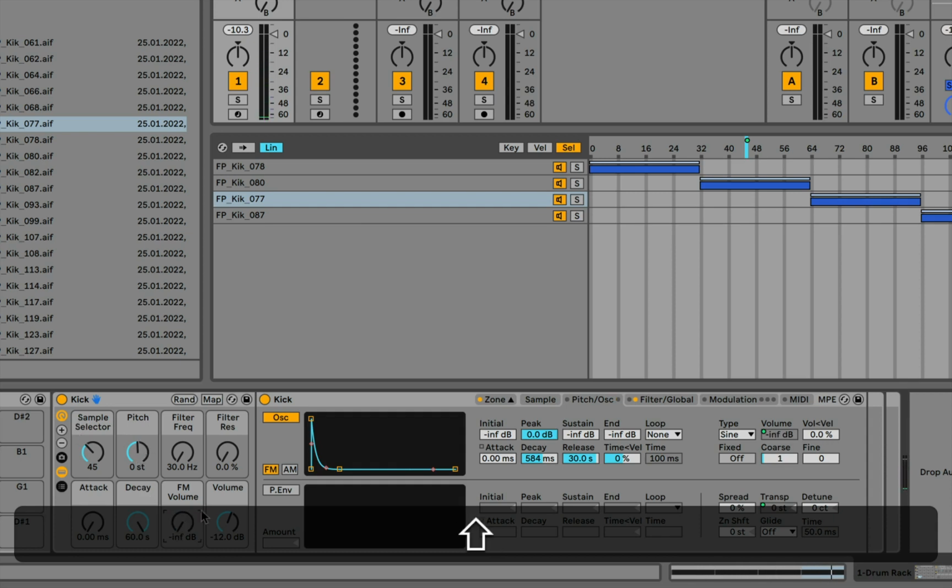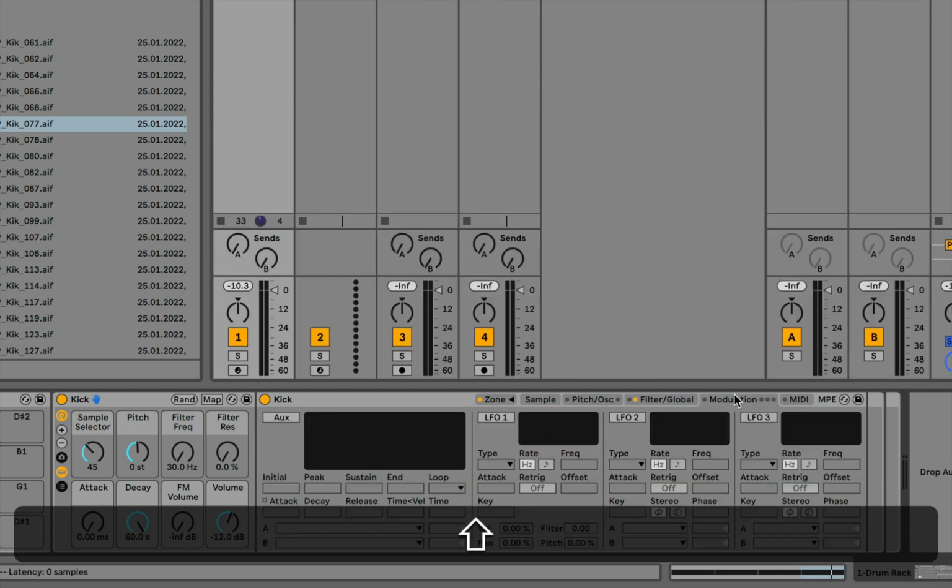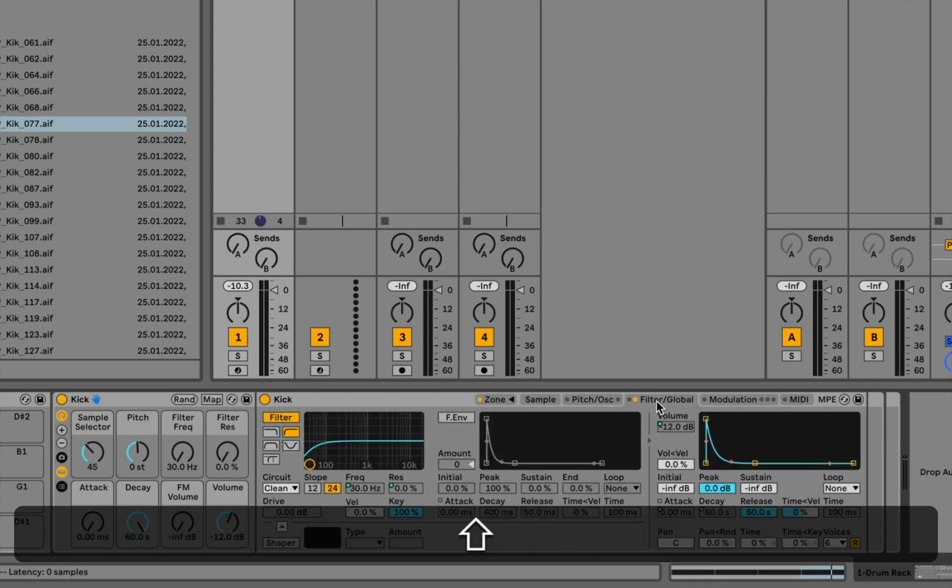We've now made 8 macro mappings. We can hide the zone. You could also explore other device parameters. There's a whole modulation section if you want to have a look at that. But for this project, you want to keep it fairly simple and just explore the device parameters, see what they do. Remember, the filter envelope obviously needs to be allocated an amount before it actually creates an envelope that affects the filter cutoff frequency of our filter section. So be aware of that if that is something that you would like to map in terms of allocating a specific filtering